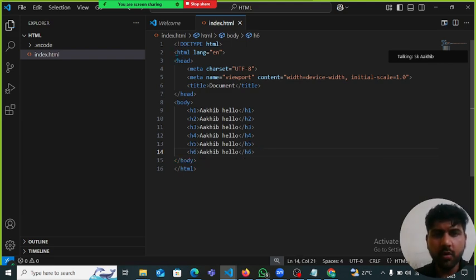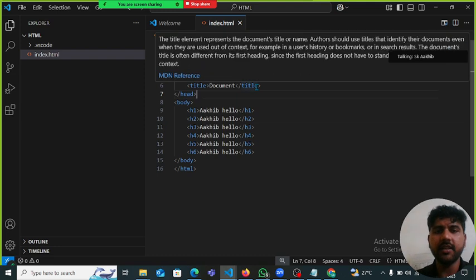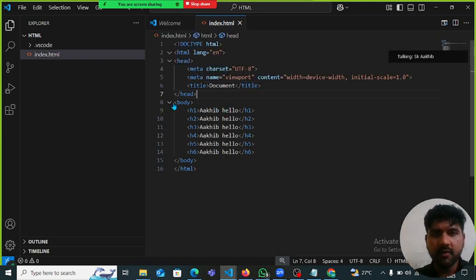Okay, and don't bother about this head, and don't bother about this metadata, title, everything. I will be discussing this head and this title later. Just focus on this body. What are the things you are mentioning